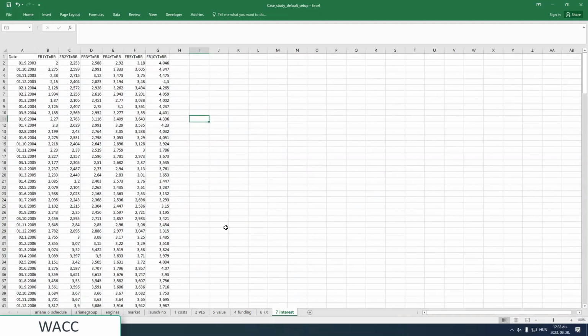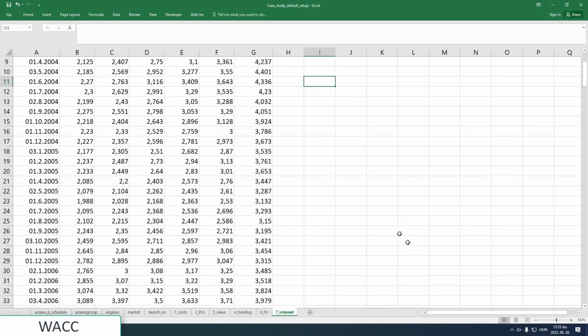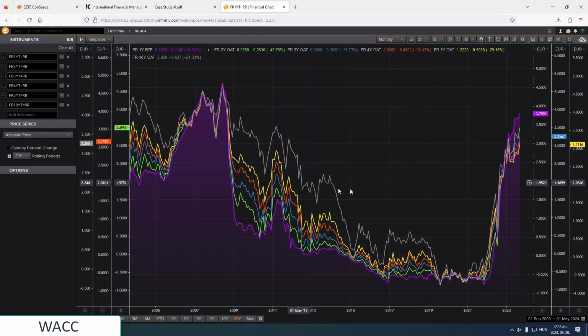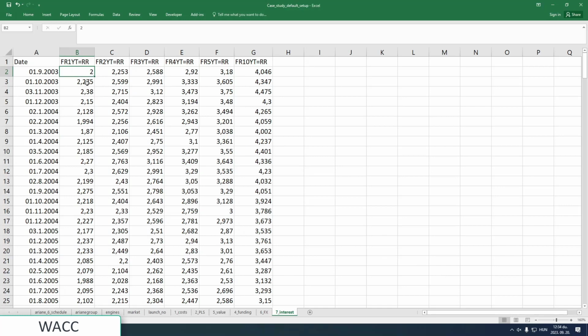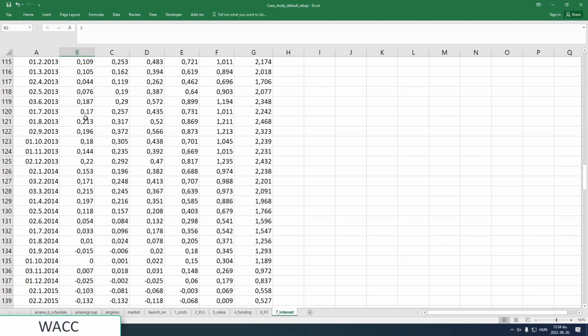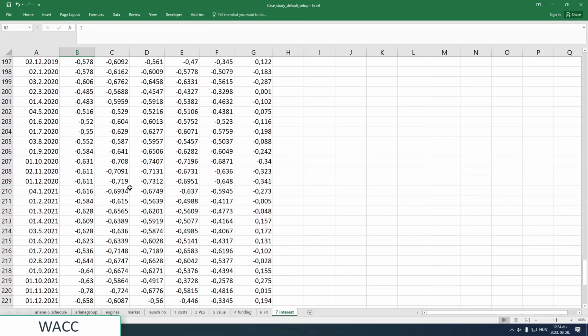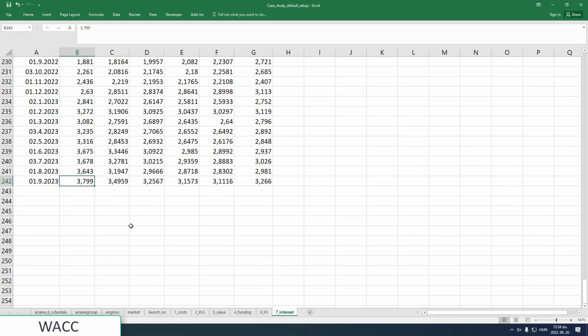So if right now we go to the Icon database, which is the former Thomson Reuters, and download all the data from the French government bond markets from 1 year to 2 years, 3 year, 5 year, and so on until the 10-year benchmark yields, then we can see that these benchmarks had really terrible time periods when they were close to zero, and obviously there was a peak around the crisis of 2008, and since then their value was close to zero or sometimes even negative. But if we are checking the data nowadays, at the end of the graph, when finally we don't have these ugly negative numbers, which I hated in the past, then we can see that